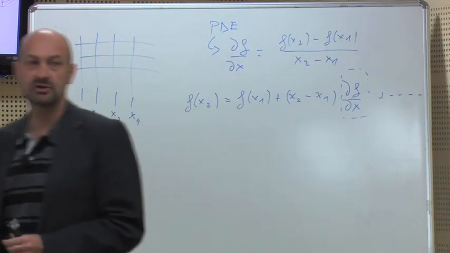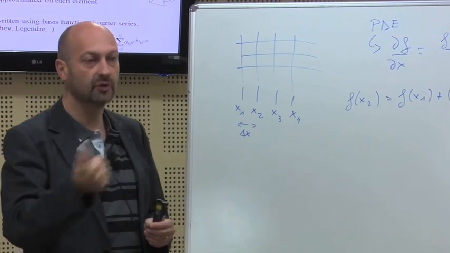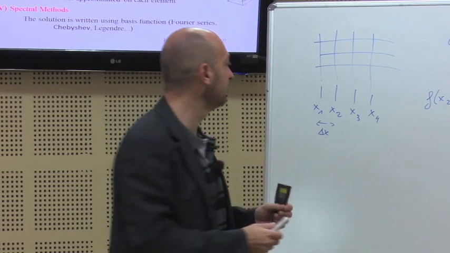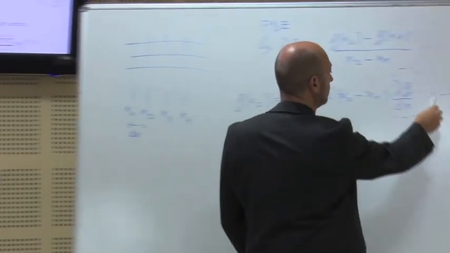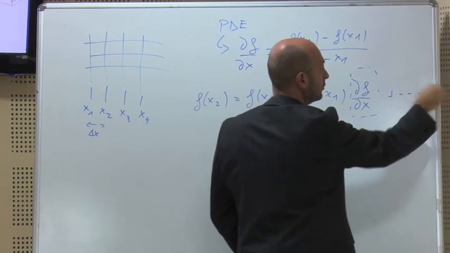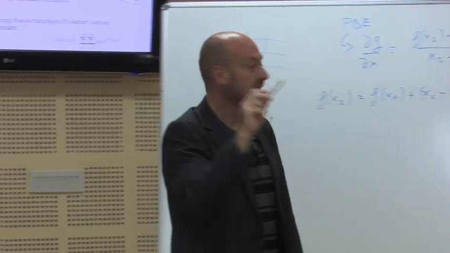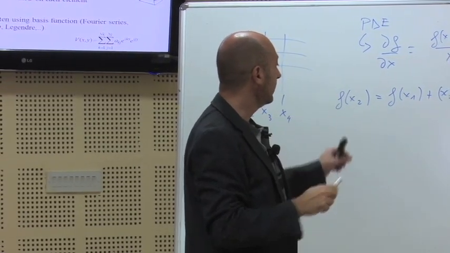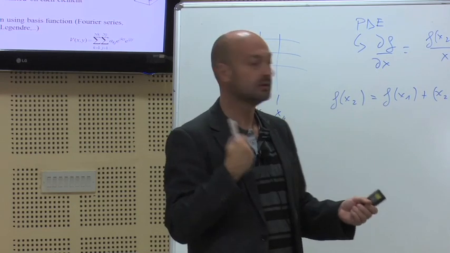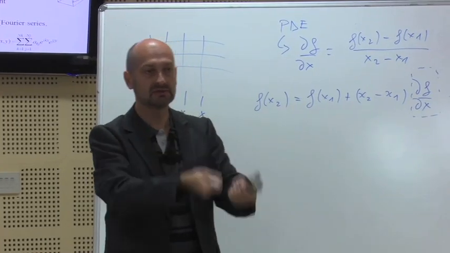You do a Taylor expansion of your terms, so it could be first order, second order, third order derivatives. You make a Taylor expansion, so at some point, if you need the second order derivative, you go to the next order. You will see the second derivative at the point you need. And then you make some algebraic operations to extract the partial derivative you need in your equation. And then you place that into your